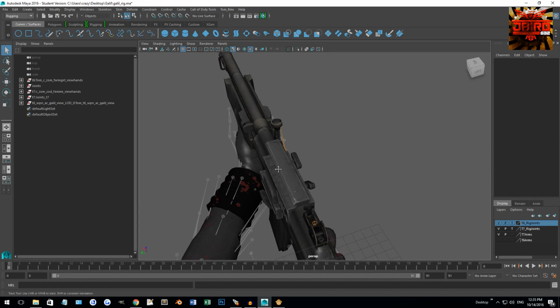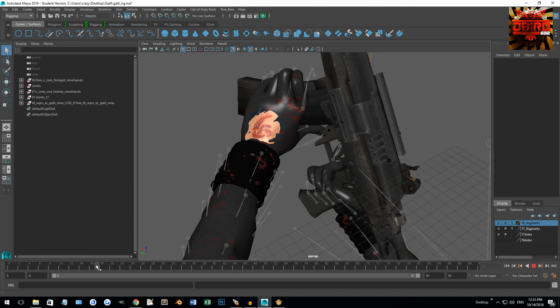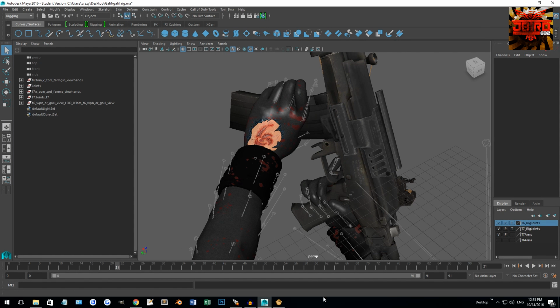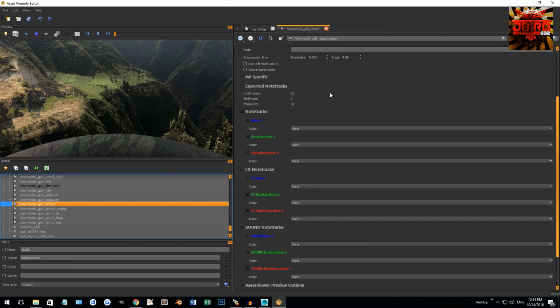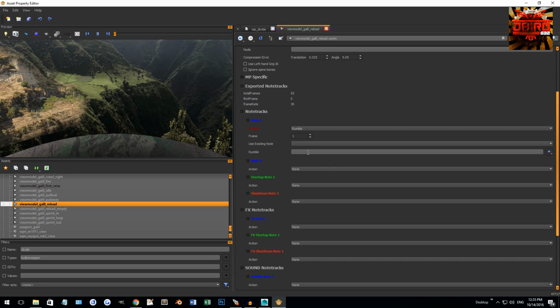So this one's going to have a few more notes than the other one. We're going to go in, he grabs the mag, and at frame 21 is where I'm going to add a note track. So this one I'm going to do reload, or the rumble one. And for these ones I like to do reload medium, although if it's a pistol I'd probably do reload small,